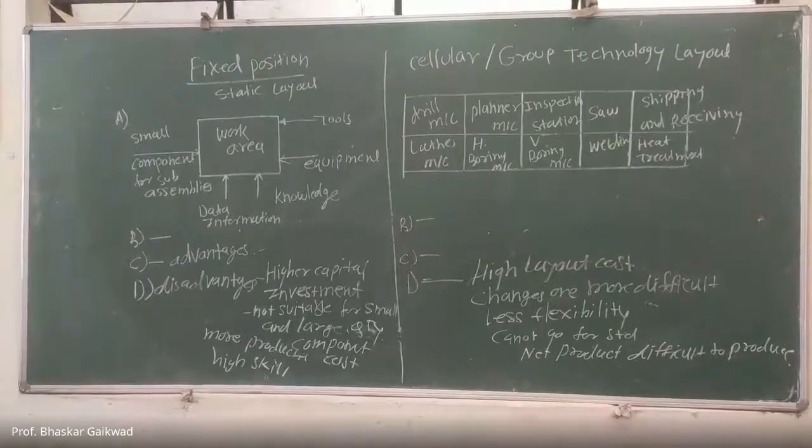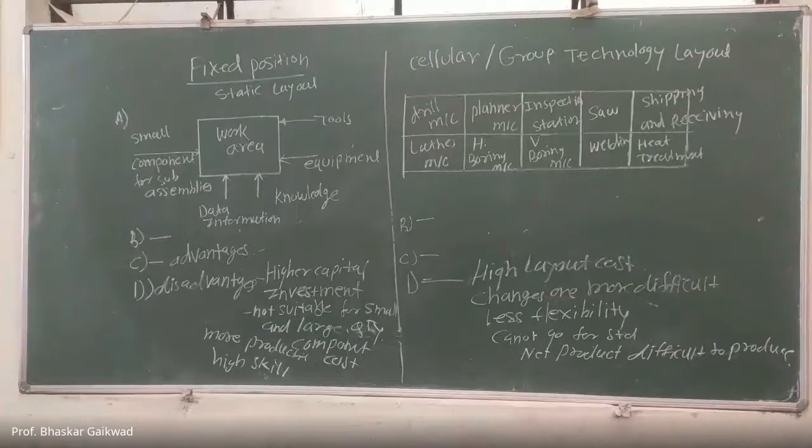So by putting examples in your mind, definitely you will come to know that for this product we can use this type of layout. For example, I would like to ask you, suppose I want to manufacture a roller bearing, continuous production. SKF industries there in Pune manufacture standard bearing products. Even in design data, you will have to see the codification of the SKF bearing. So for SKF bearings, which type of layout can we normally use?